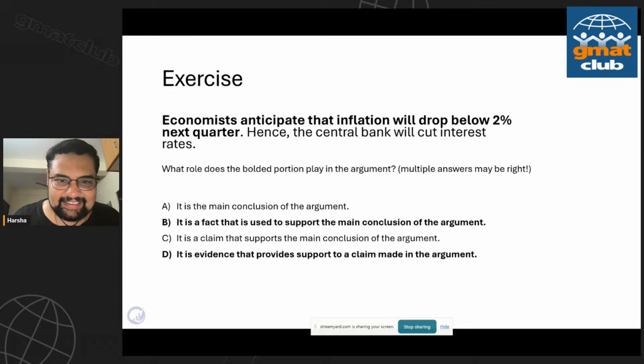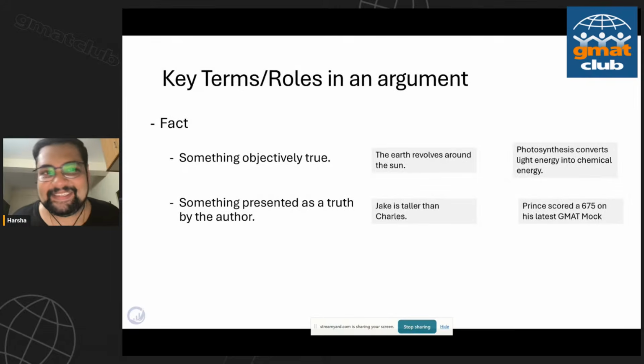So let me spring a surprise there. B and D are the actual answers. For those of you who think this is a claim, I do have a bit of a surprise for you. Right? So when you say B is out since it's not a fact, I'm kind of gonna tilt that understanding a little bit. So bear with me.